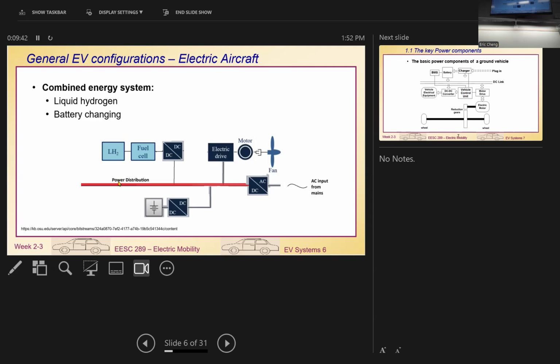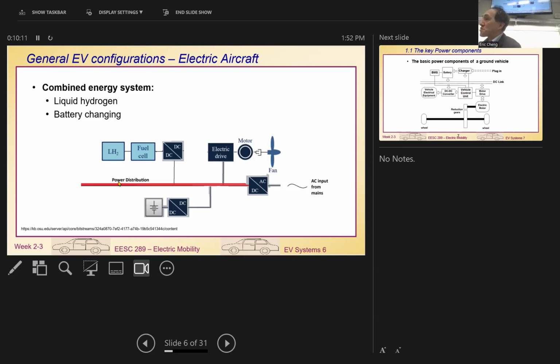And then sometimes when the aircraft is docked at the station, you can use AC to charge the battery. So that means there are multiple ways, more like a hybrid solution at the moment. At the moment, we have difficulty using purely 100% electric because the journey cannot be too long. You can do that, but only for half an hour because the battery is too heavy. So at the moment, we tend to